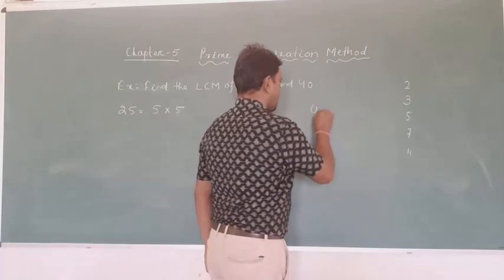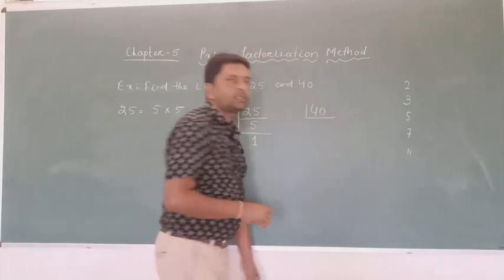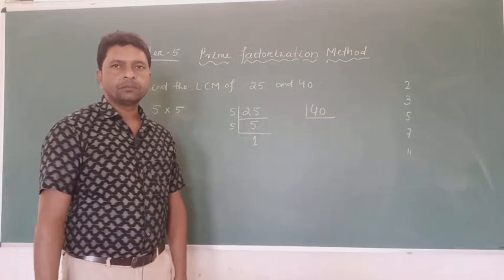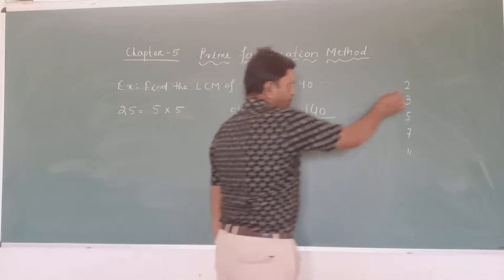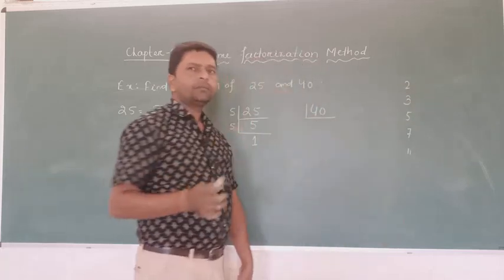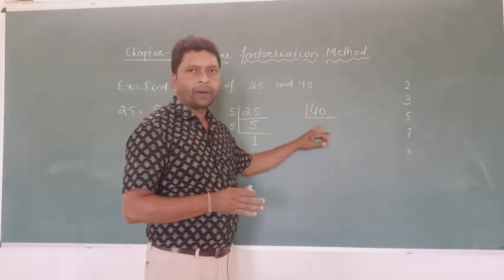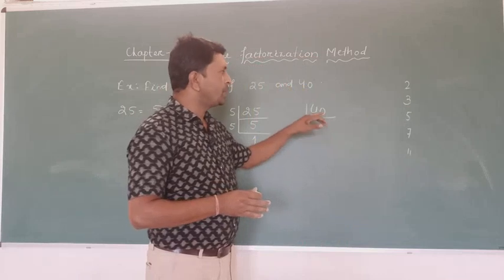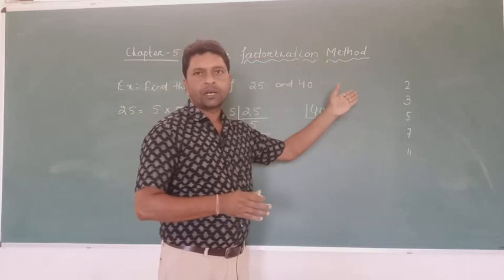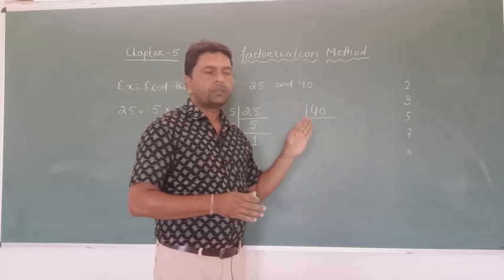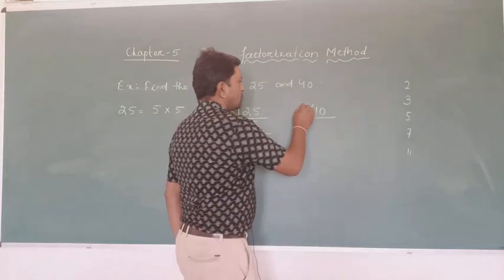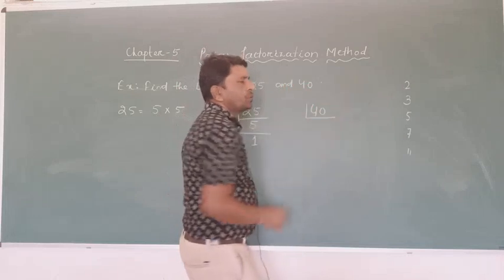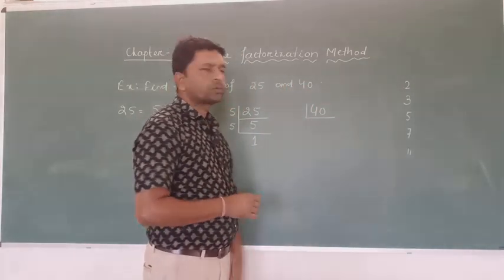Again, we have to factorize the next number, 40. Okay, in 40 also we have to check with 2. It is also divisible by 5, we know, but we have to always start with the smallest prime number. That is the process. Okay, so first of all we check with 2, and it looks like it is